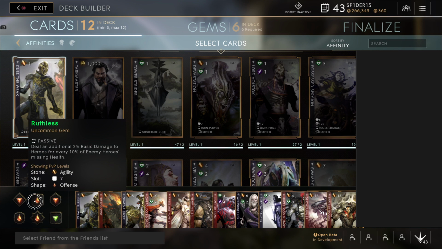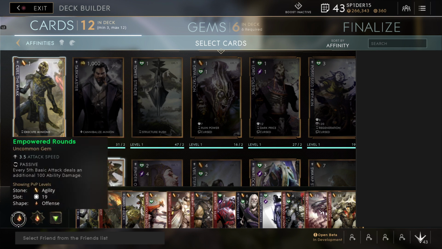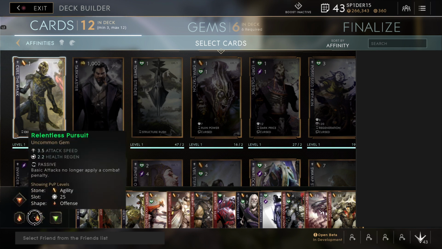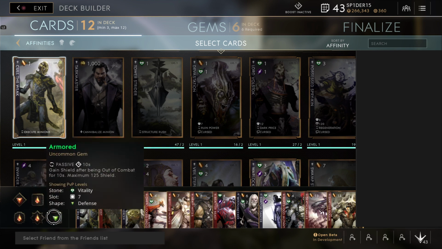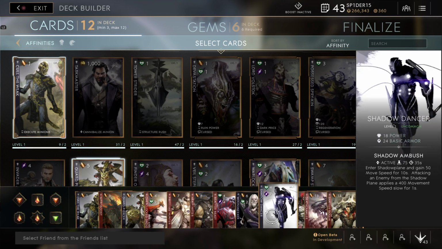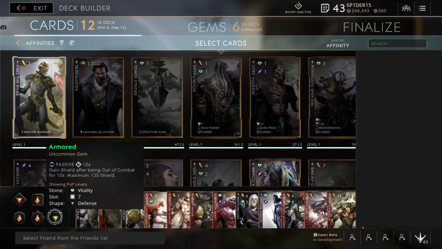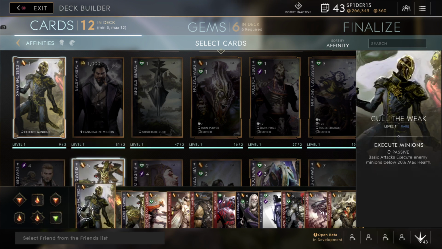Ruthless gem, lifesteal, empowered rounds, relentless pursuit, for obvious reasons. And I do the armor gem because when you're doing this deck, if you build it the way I do, I typically go for this Nu Blood. So I try to get at least 8 vitality. That's why I go with the armor gem, because you'll eventually pass that and be able to use it. But starting off, I'll just go through its color of the week,